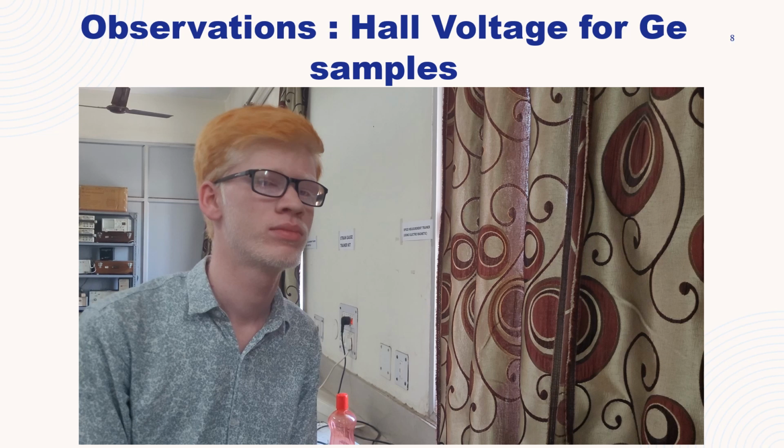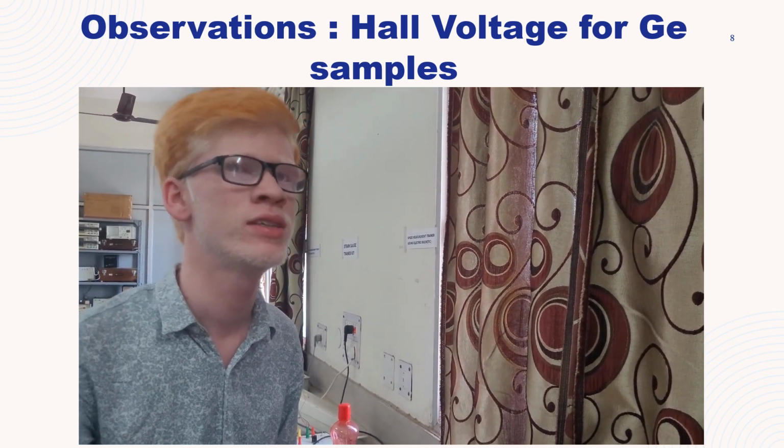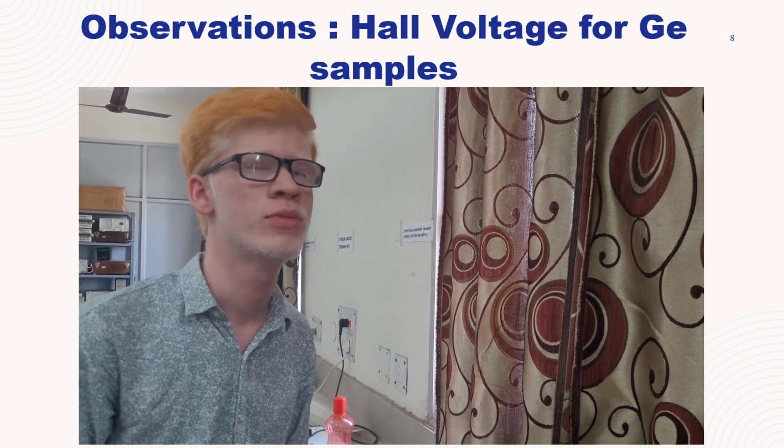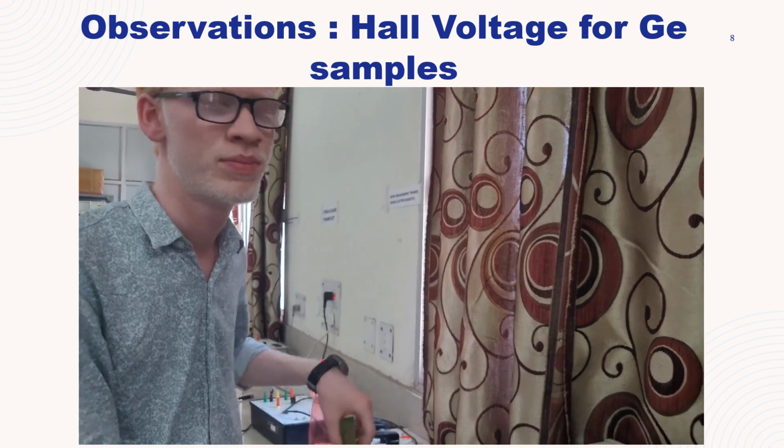Now we are going to see the demonstration of the observation of Hall voltage with Hall current for germanium samples by placing the germanium samples in the Helmholtz coil. To do that, we'll calculate the Hall coefficient, the charge carrier density, and the mobility of N-type and P-type germanium samples. So here is a P-type germanium sample